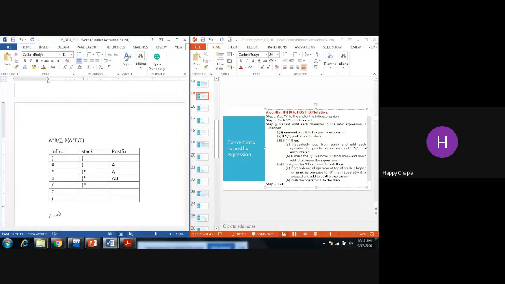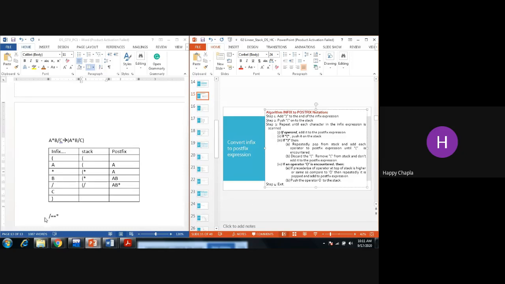The precedence of both operators is the same. So what do we have to do? Repeatedly it is popped and added to the postfix expression. Whatever the top of the stack element is, we pop out that element from the stack and add it into the postfix expression, and push the operator O into the stack. I am pushing the division operator, because my division is equal to star.